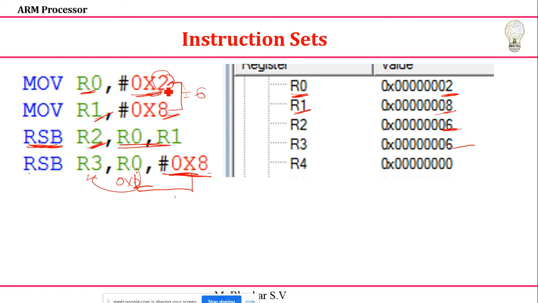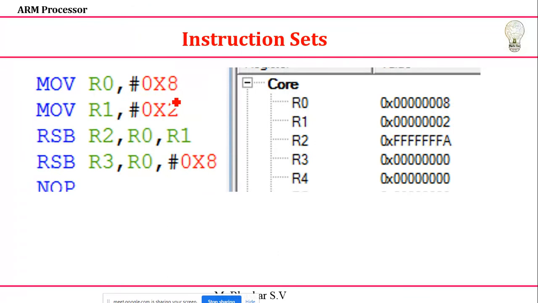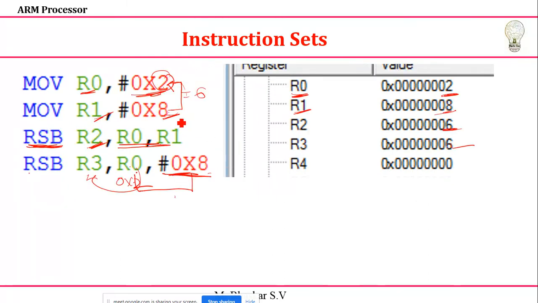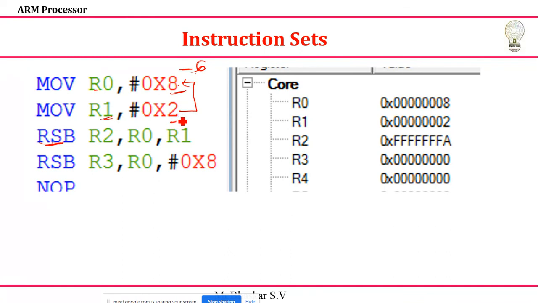Suppose you say, okay sir, you have taken higher minus lower, it is not an issue. But when it comes to here, you just tell me. Now R0 value is 8, R1 value I'll take 2. But the process I was doing is 2 minus 8, again because of reverse subtraction. 2 minus 8 means what is the result you need to get? It is not plus 6, it is minus 6, right? You can see here it is 8 minus 2, I'll get plus 6. I'll just interchange this. Reverse subtraction instruction I'm going to use, so it is 2 minus 8. 2 minus 8 means I need to get minus 6.